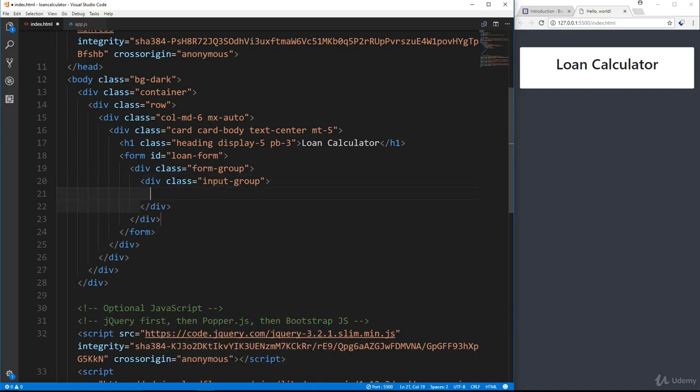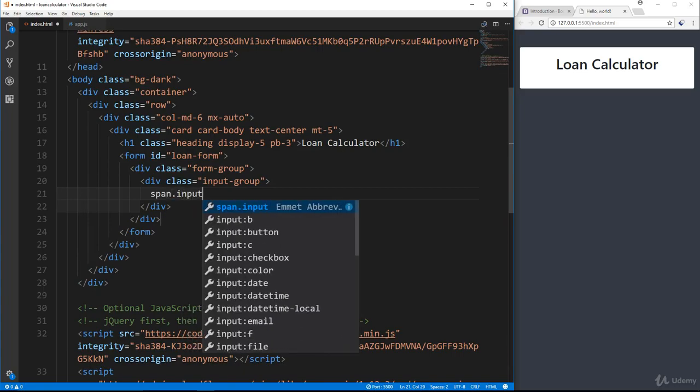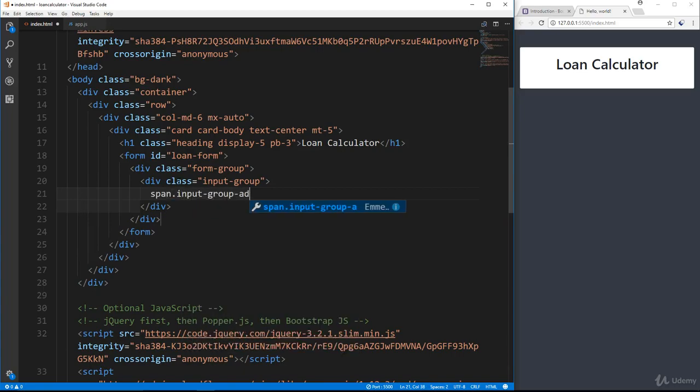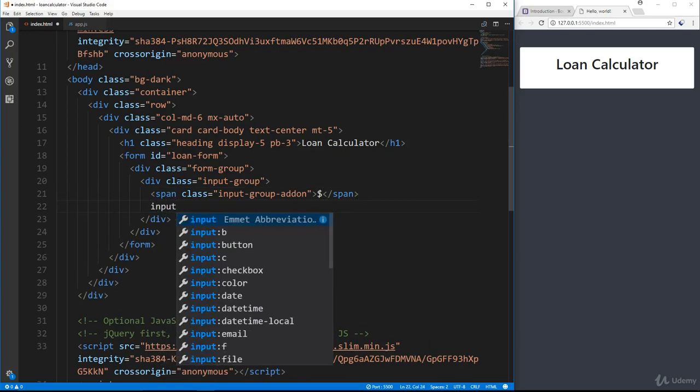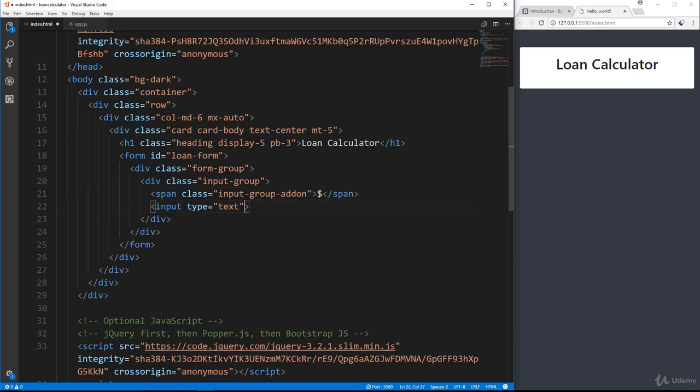And inside here, we're going to have a span with the class of input-group-addon. So this is where the money sign is going to go. So I'm going to put that dollar sign right in the middle there. And then after the span, we'll have our actual input, which will have a type of text. And let's give it a class